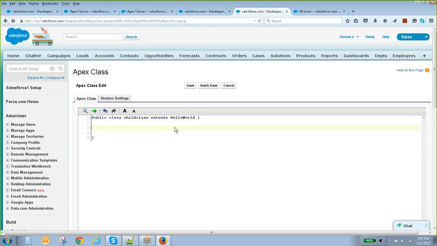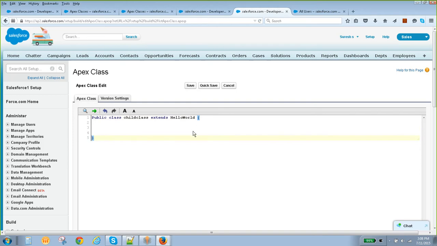If the class is defined as virtual, then only someone can inherit that class. Everything is documented by Salesforce for Apex, and I will share that document.